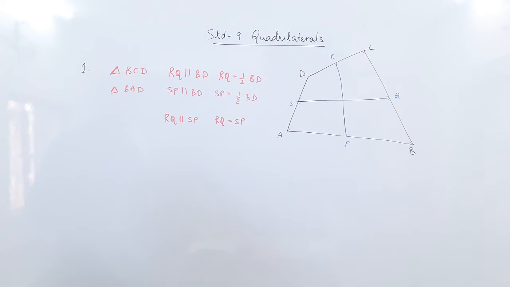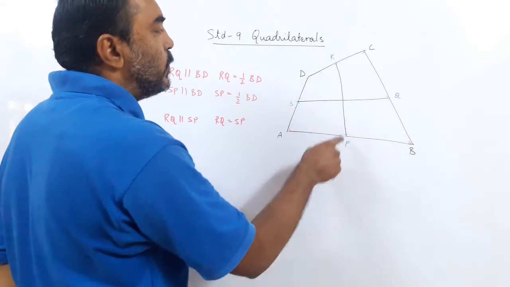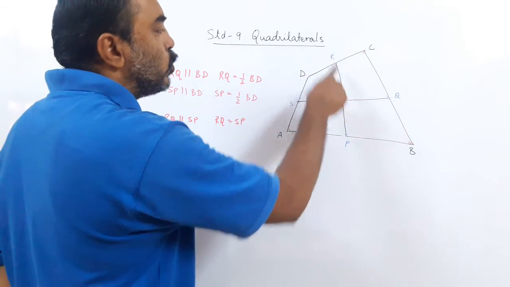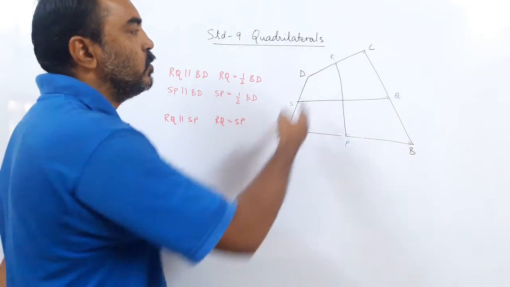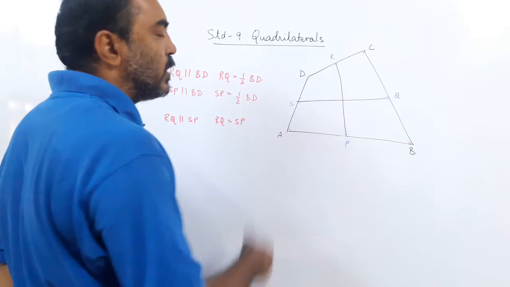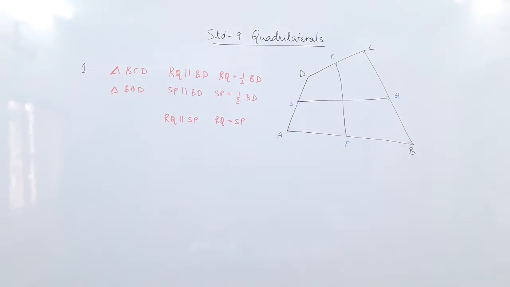So the first sum was direct, the second sum is not direct. In the second sum they gave you the quadrilateral, you are joining the midpoints of the opposite sides, show that they bisect each other. Now one easy way was, I told you, show that PQRS is a parallelogram and then show the diagonals of a parallelogram always bisect each other. So this is the indirect sum, the previous sum was a direct sum.